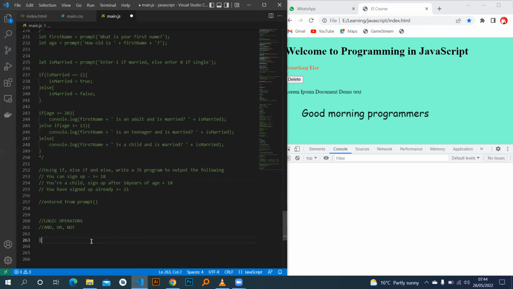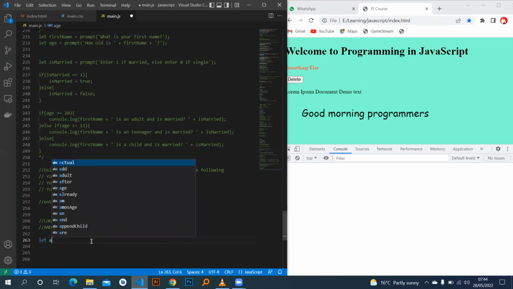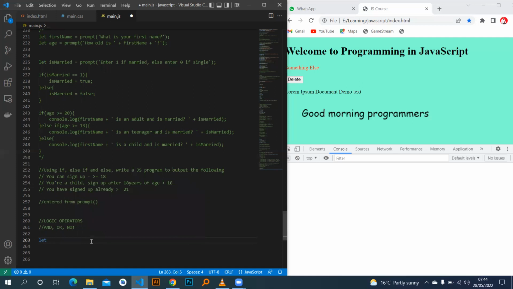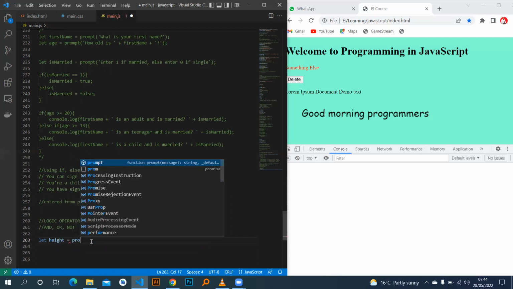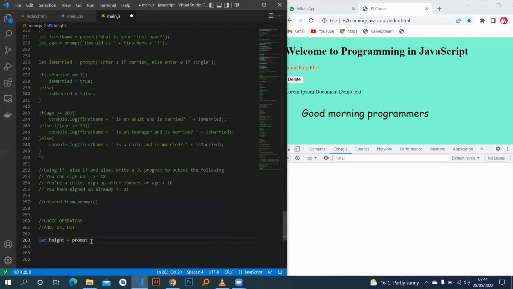I want to come up with some different variables. So maybe I use height, so that we get someone getting recruited to the Navy, for example. So let height be equal to,